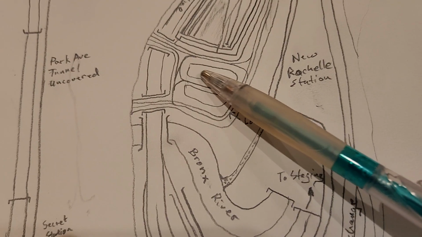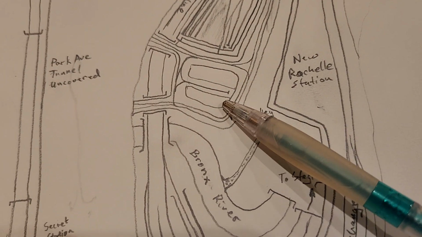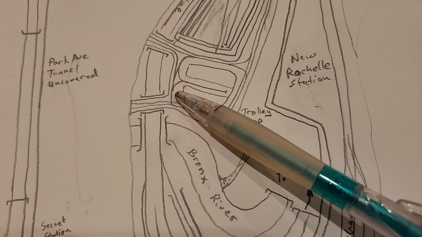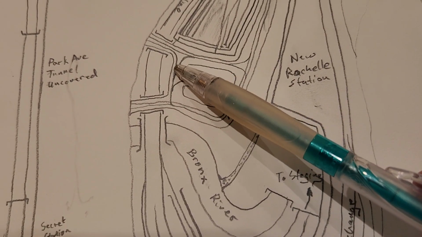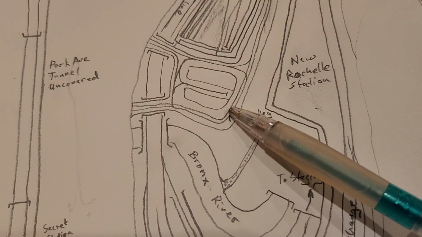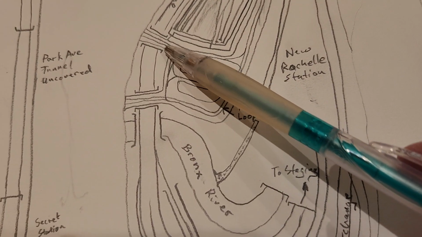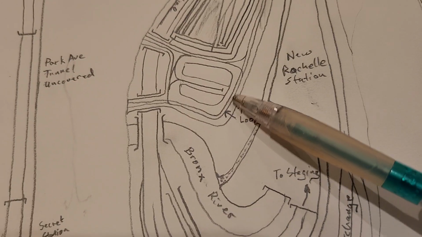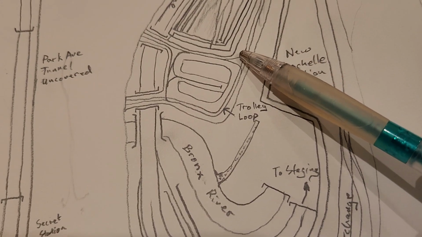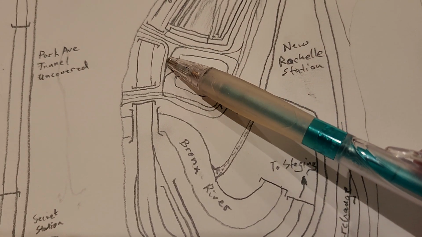And there would be storefronts along either side of this loop of track. There's a trolley that can come down here, go down here, and turn around and go back down this way, or it can come down this way and go off that way, or it can come down here and come around all this and